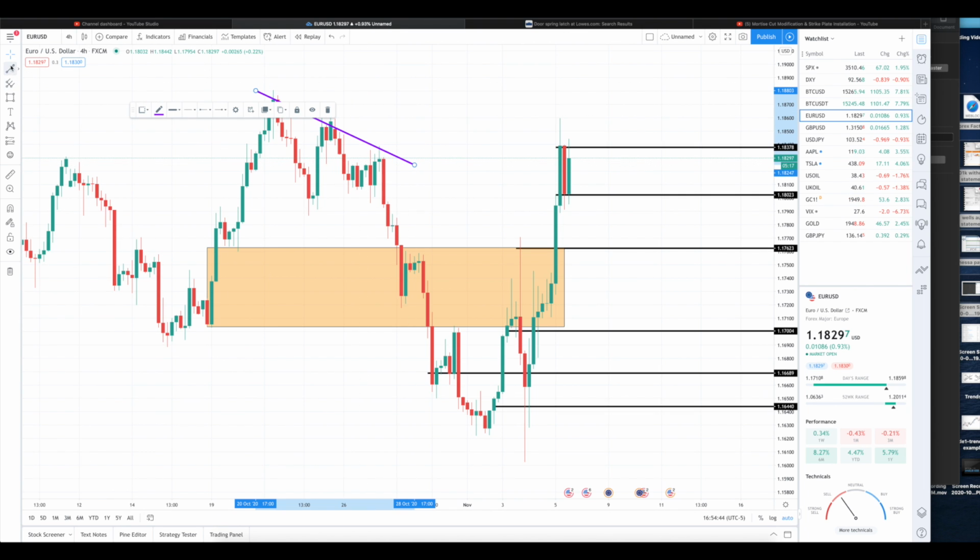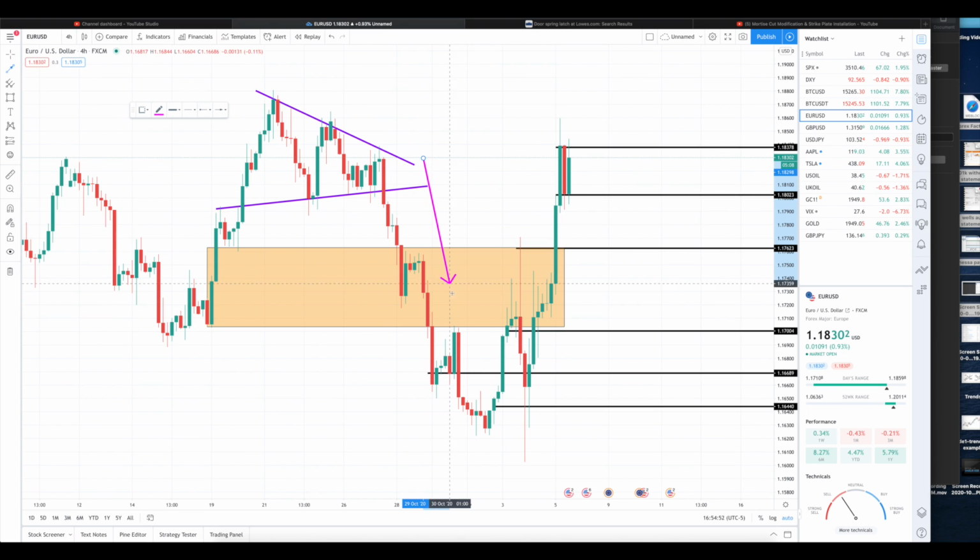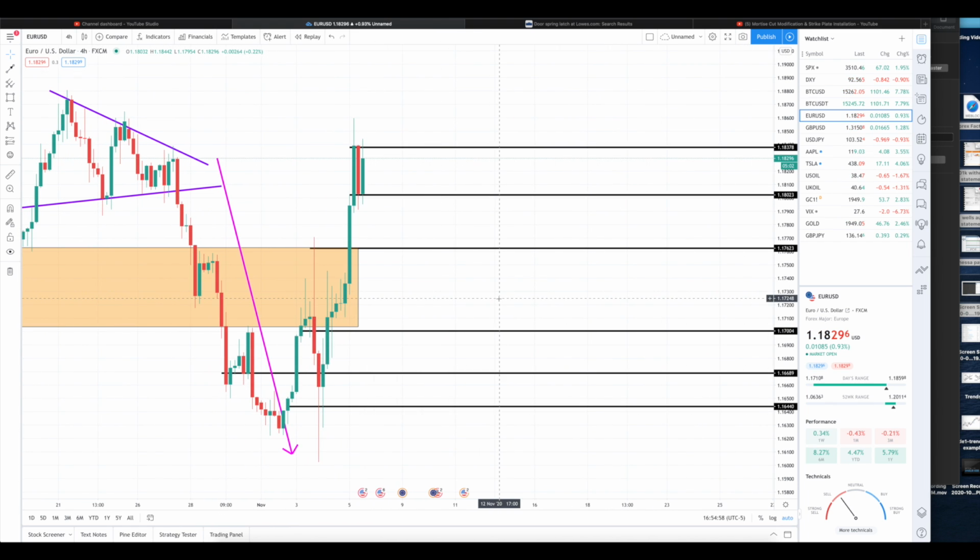Sometimes when you see these things, like I was saying, as it gets closer and closer to this is when you're going to get something that might be pretty big, like a big jump down. So hopefully something like this just gives you an idea of support and resistance, and just